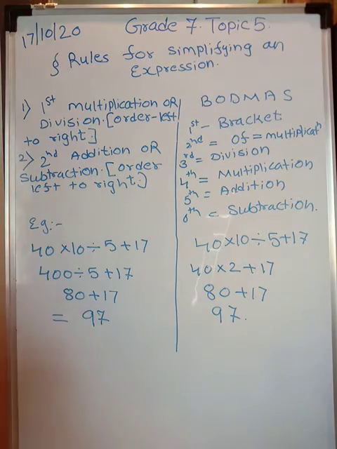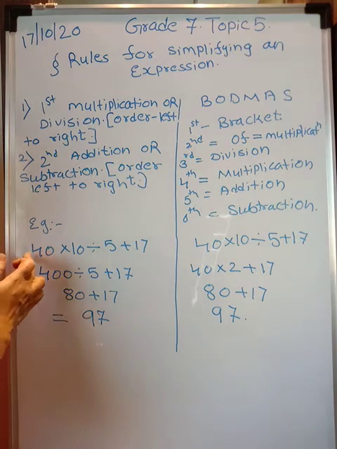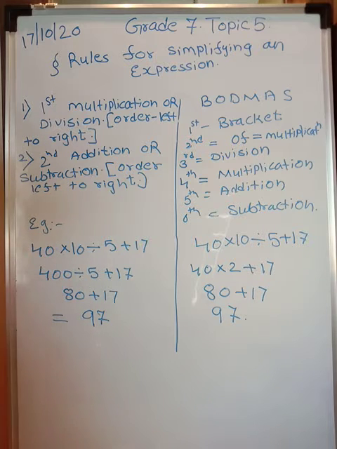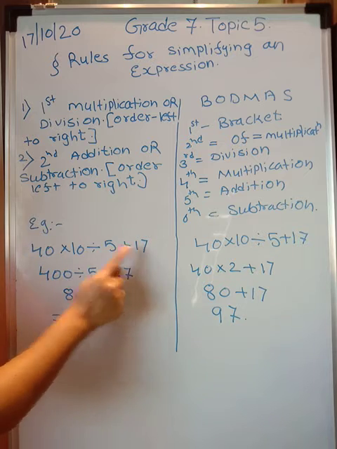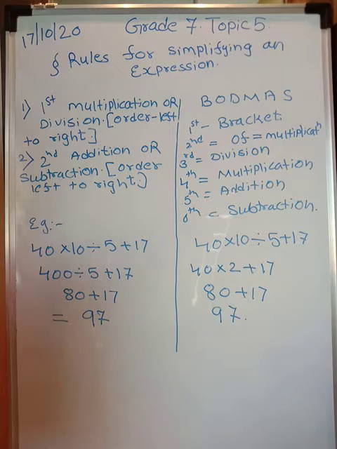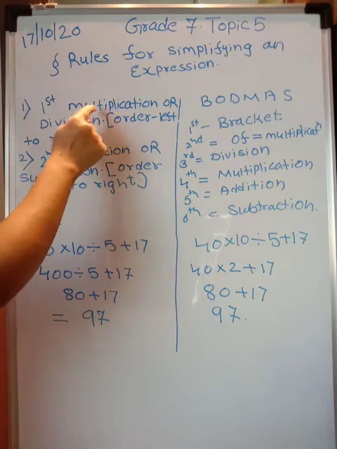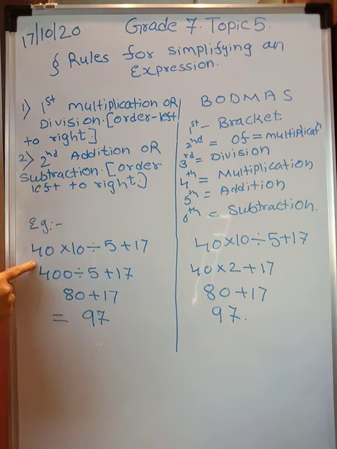The first is a very simple rule. Always go from left to right, but first preference should be either multiplication or division. That means you move from here left to right. Which is coming first? First give preference to multiplication or division, and then your choice should be addition or subtraction. So in multiplication and division you can solve anything which is coming first while moving from left to right.